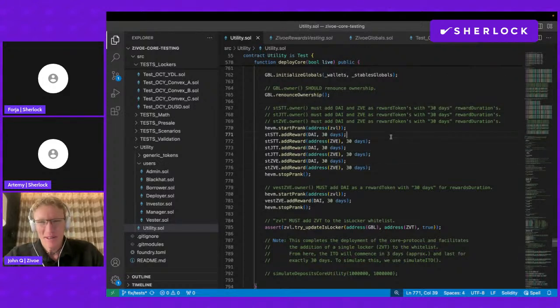sorry, I've got all these pop-ups. Visual Studio Code keeps